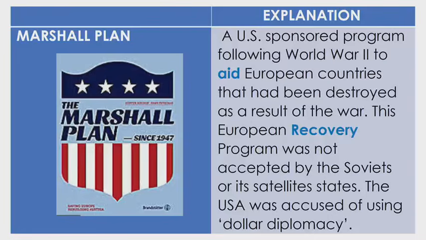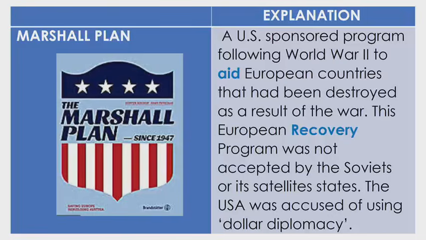So at the time, the USA actually offered this plan to all democratic countries in Europe. They also offered the recovery plan to the satellite states that were under the influence of the Soviets. But the Soviet Union said that their countries would not accept the plan. The USA was accused of using dollar diplomacy. In simple terms, grade 12s, I think we can describe the term dollar diplomacy as the USSR accusing America of trying to buy friends and influence in Europe. Right? So that then covers our foreign policies of the Truman Doctrine, Marshall Plan, and that all falls under our policy of containment.